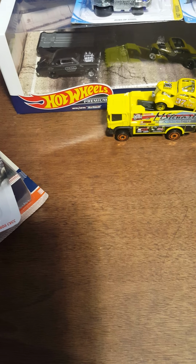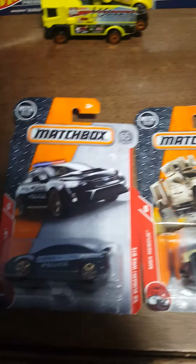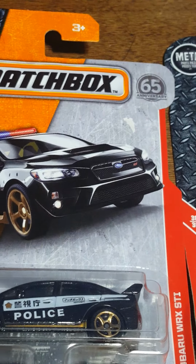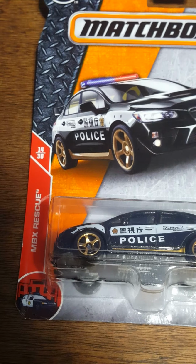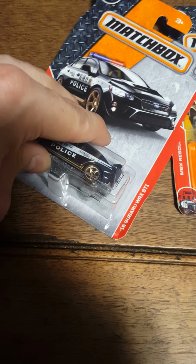Now here's some other cool ones that I was very happy to find at my local store, probably a year ago or so now. These were the 65th anniversary of Matchbox. There was a whole series of these vehicles. Looks like 30 of them in that series. This one's number 14. And this one is a Subaru WRX STI